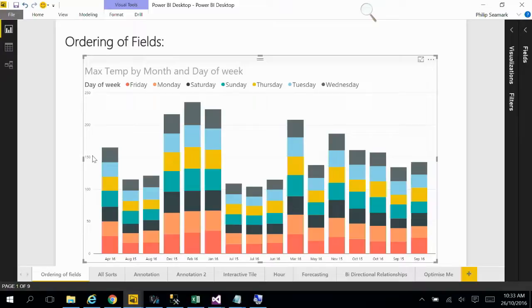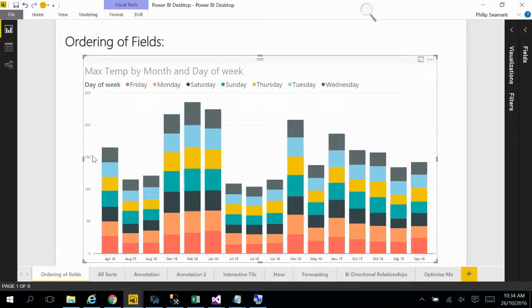I thought I'd start with an easy one, which is just the straight ordering of fields. Now, if you're using Power BI already, you've probably picked this one up already, but I just thought I'd highlight one or two extra features about this. Now, most people, when they first bring data in, particularly date data like this, they'll see months and days a little confusing. They'll say, well, this ordering is not right. We've got days of the week at the top, ordered alphabetically, F, M, etc. And I have months at the bottom. I'm not sure if you can see that okay, but it's starting with all the A's, the D's, the F's,